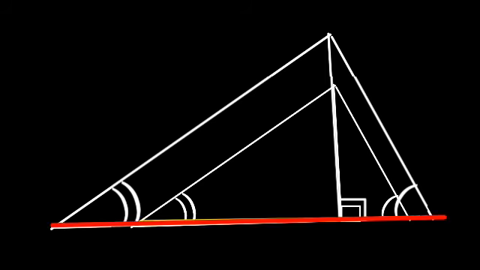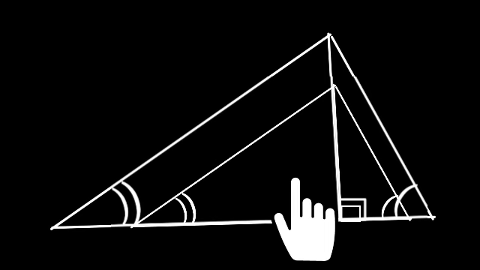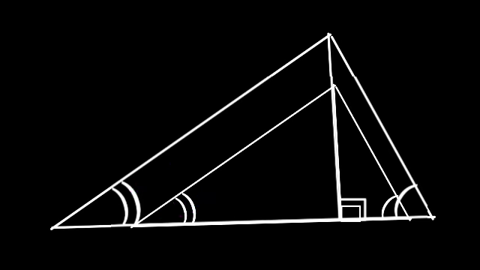Thus, like in the figure, we can get our first triangle. In this triangle, two corresponding angles are congruent. These two